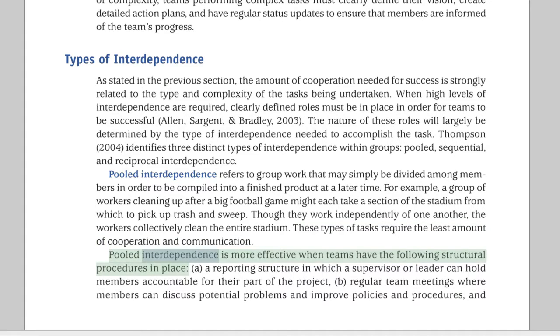Pooled interdependence is more effective when teams have the following structural procedures in place: A. A reporting structure in which a supervisor or leader can hold members accountable for their part of the project. B. Regular team meetings where members can discuss potential problems and improve policies and procedures, and